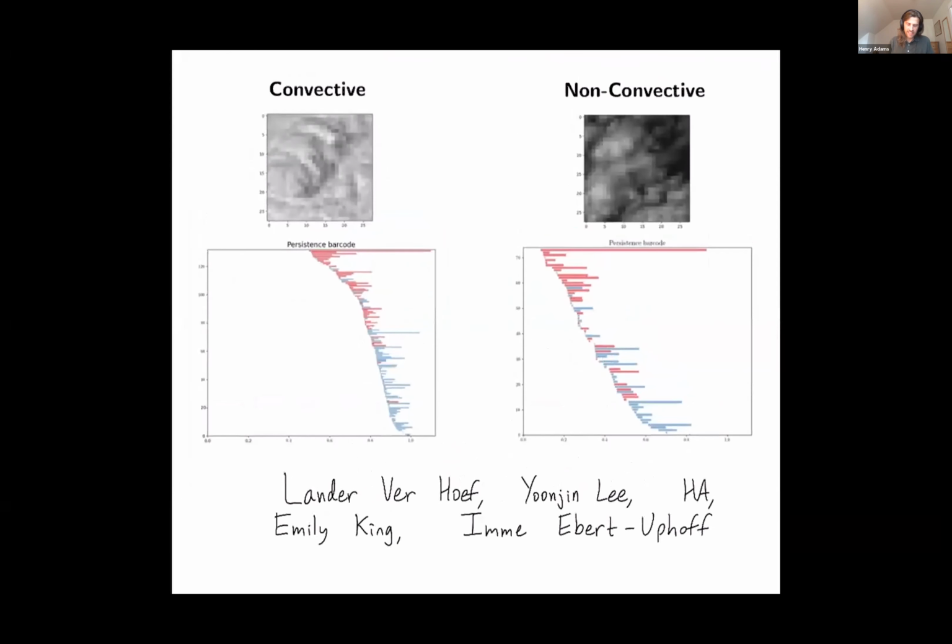All right, so for example, you can apply this to image data, such as images of clouds. You include the pixels that are below a certain intensity, and as you raise the intensity, you can track the texture of the cloud. So these barcodes are sort of a geometric summary of texture of different clouds.